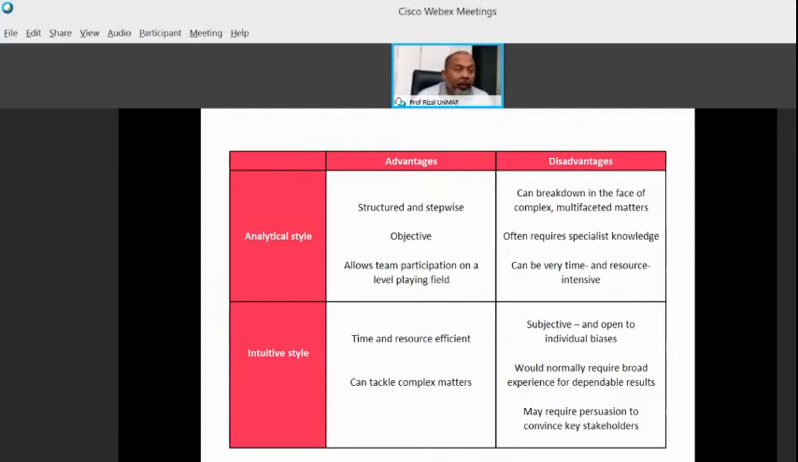Of course, you have the intuitive style. Intuitive style means hunch, gut feeling or common sense, where it's very time and resource efficient. It has the potential to tackle complex problems, but it is subjective and open to individual biases. The intuition is sometimes based on experience. When you talk to, for example,